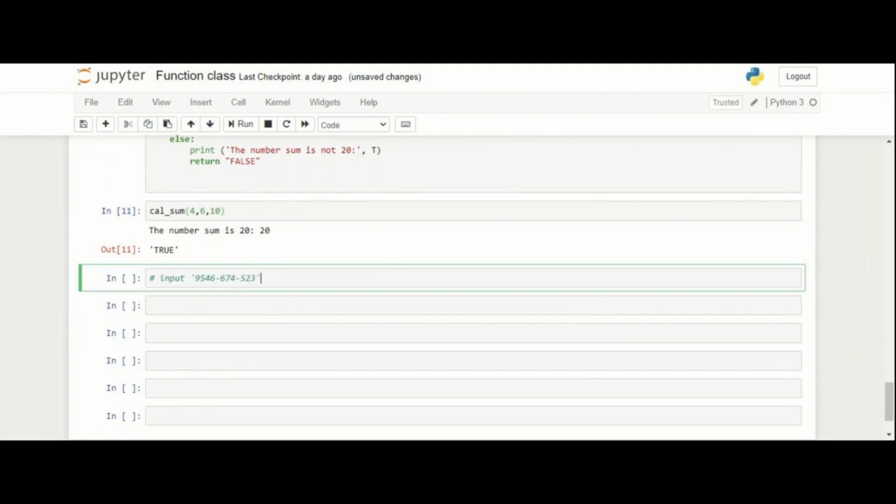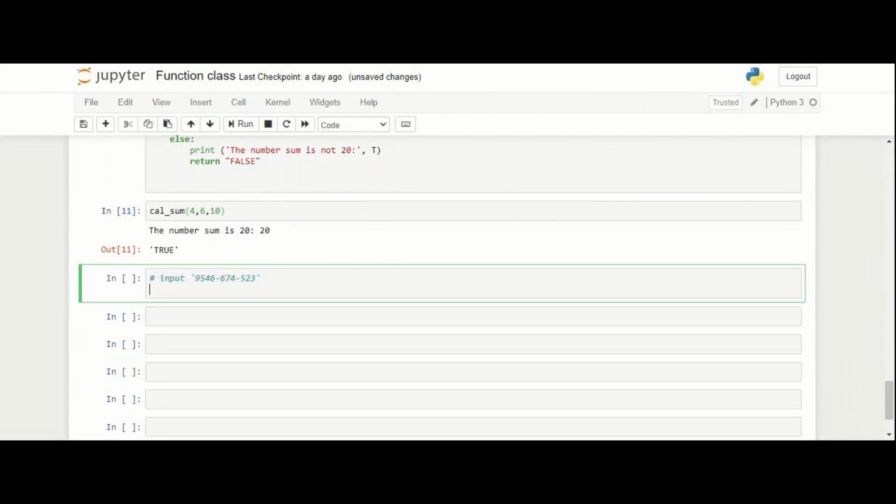Suppose I have this number as my input, and then I should get an output as 9546 674 523 with the help of a function. Understood? My problem is straight, right?